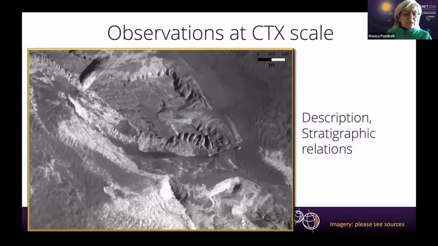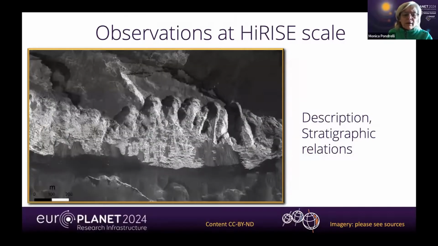Then we move to CTX scale, so we can make better observations in these two areas. We have also CTX here, and also HiRISE. HiRISE, of course, will be useless for mapping, because we will not map at HiRISE scale, not even at CTX scale. Our map will be performed at HRC scale, so the units will need to be mappable with HRC, but still these observations at HiRISE and CTX scale will be useful for a better description of the units, in this case the